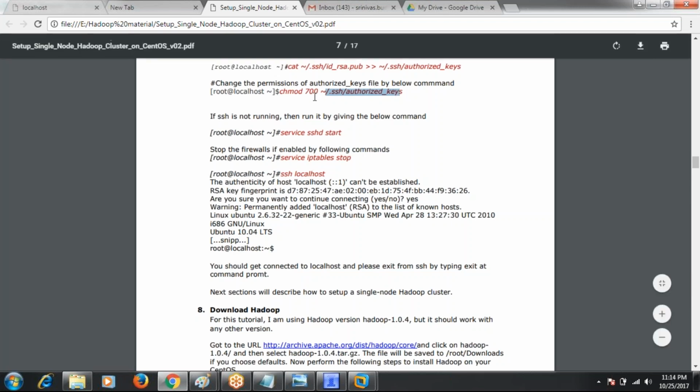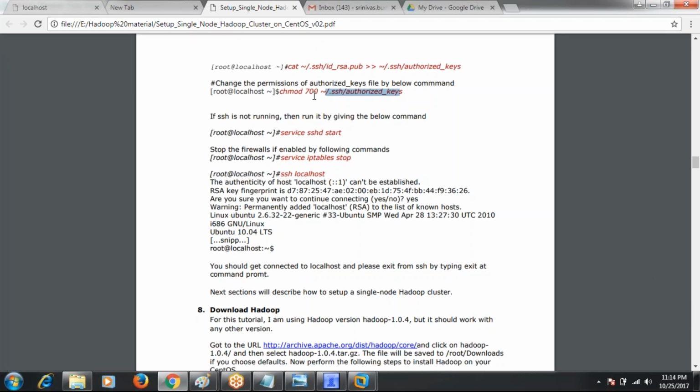If you mention 777 here, then user, group, and others all have all permissions. So we are giving read, write, execute permissions to that particular directory for only the user.